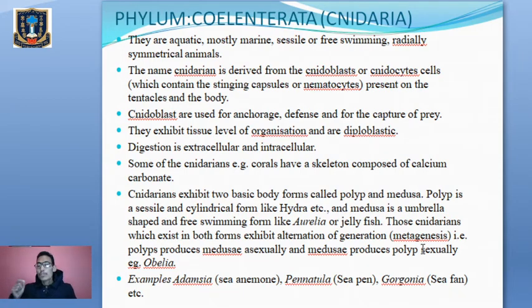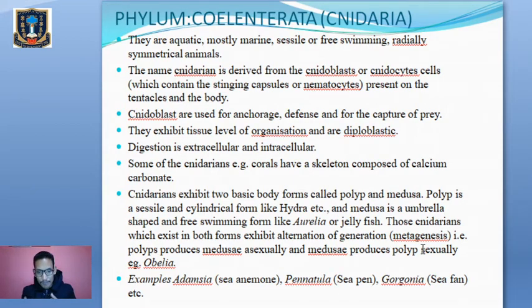Alright, now we'll go to the most important character: cnidarians exhibit two basic body forms. One is called the polyp and the other the medusa. Remember this thing, okay? Cnidarians exhibit two basic body forms, polyp and medusa. Polyp is sessile, cylindrical in form, example Hydra, and medusa is umbrella shaped and free swimming like Aurelia or jellyfish. So polyp is sessile and cylindrical, whereas medusa is umbrella shaped and